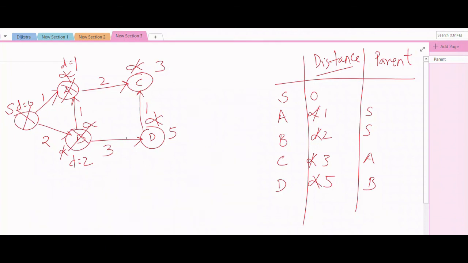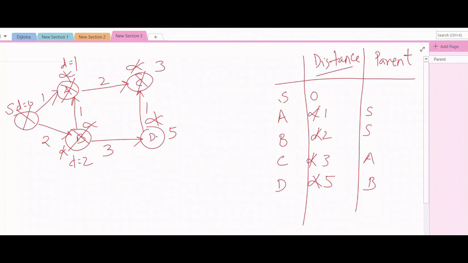Now, out of C and D, which has the lowest weight? C has the lowest weight. Can we explore any other node from here? Nearby nodes? No, right? So I'll mark C as done as well. Can we do anything for D?